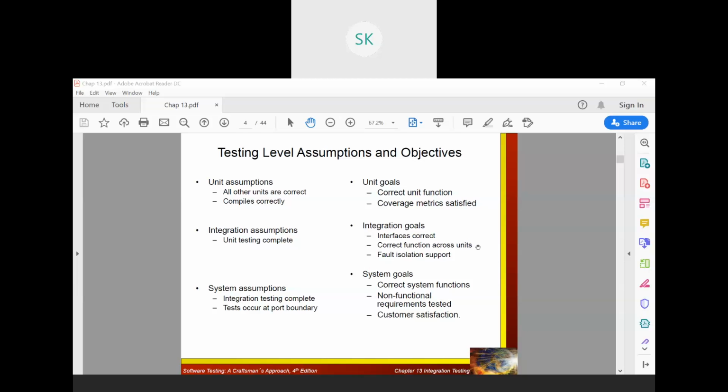Suppose while integrating, you want to retrieve the information that has been stored in the database. For that, you need to have a bridge, an interface. That interface is nothing but your driver interface. That is very, very important to know. Why I gave you this example is, you have already undergone this particular project, so you know something about this. That's why I took this as an example. It will give you a better understanding when we deal with your integration testing assumptions.